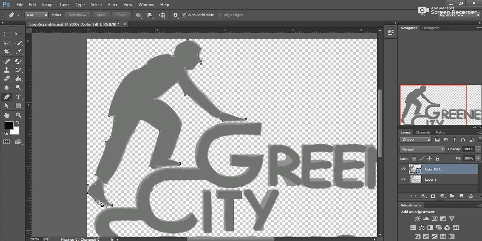Use the pen tool. I'm going to add another one here. Oops. Add a point here so I can make the foot look better because it doesn't look right. There we go. And then